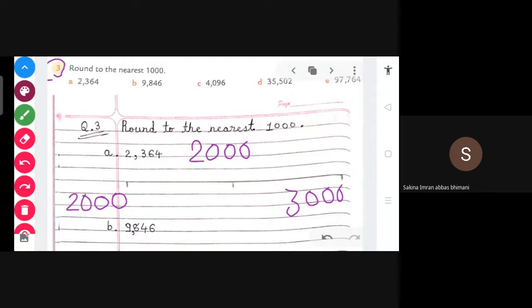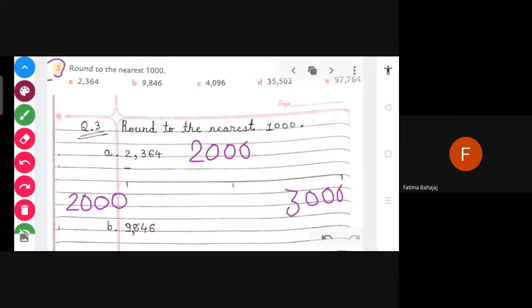Same way, you have to write numbers on both ends, left end also, right end also. Here you will write the number which has 000 from before number, and here from after number. Ma'am, I cannot explain number A. I cannot explain, or you didn't understand? Sorry, I didn't understand. So I'm explaining.